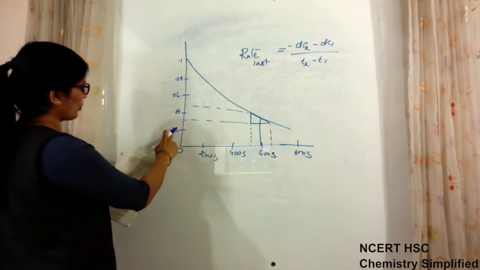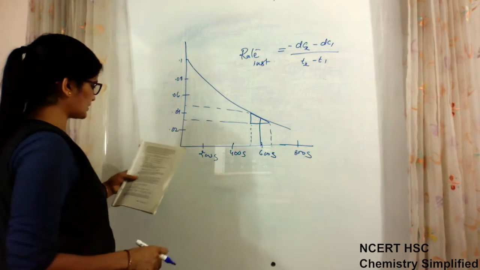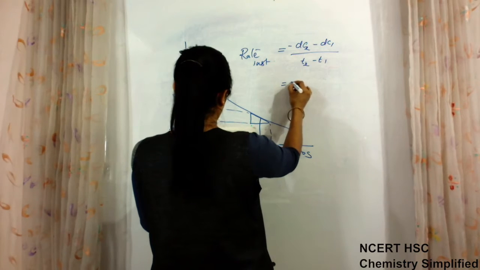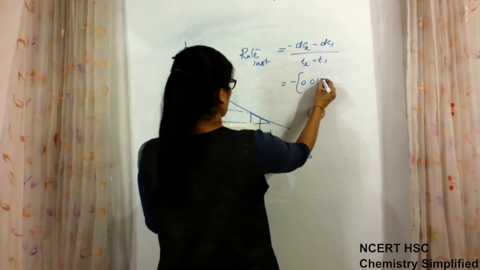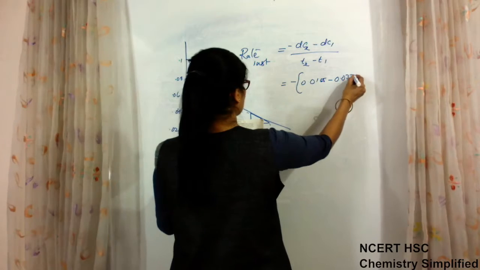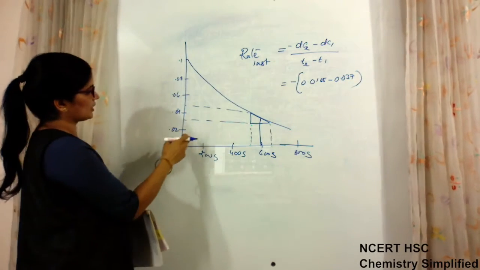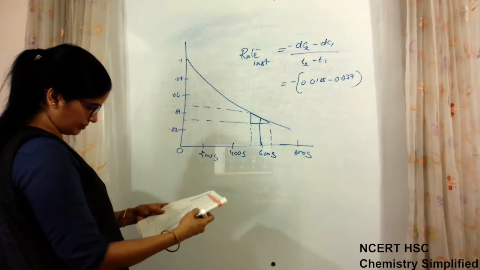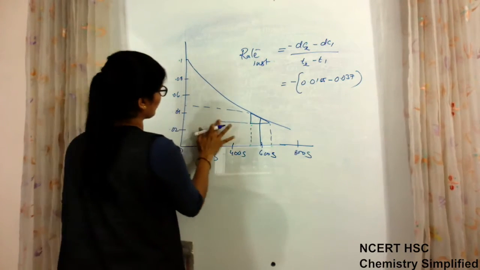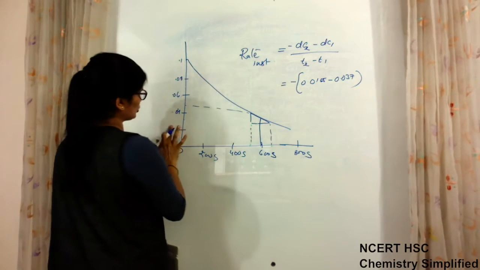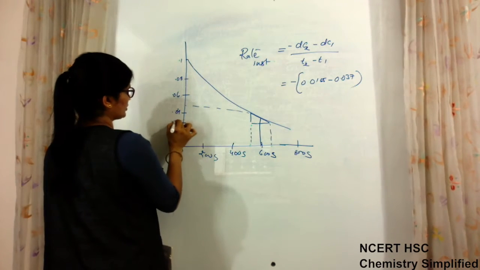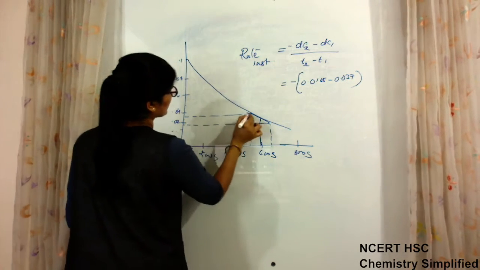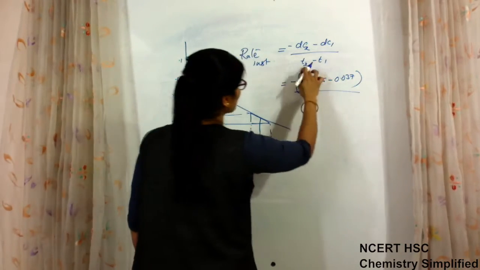So now you will find that those values will be a little less. Suppose this is 0.02 and 0.04 and it is touching somewhere in between. So it will be, minus sign is common, 0.0165 minus 0.037, where it is touching the graph. Our graph is different. So suppose it is touching below it, 0.02, it is touching somewhere here, and this line is touching somewhere here. Then it will have these two values and time T2 minus T1.